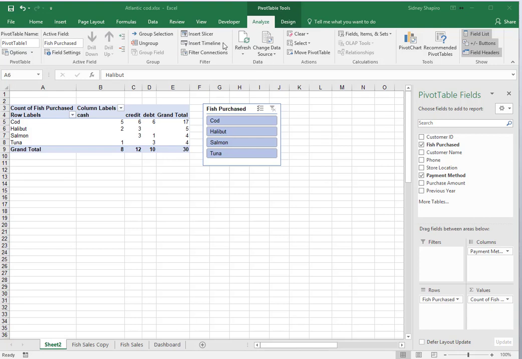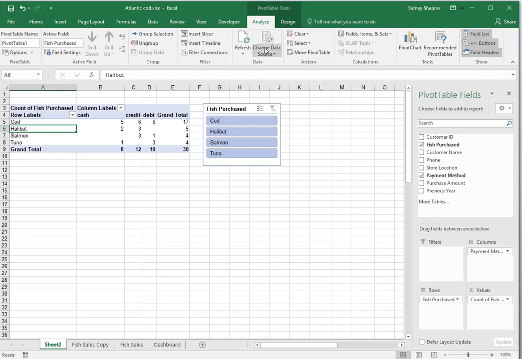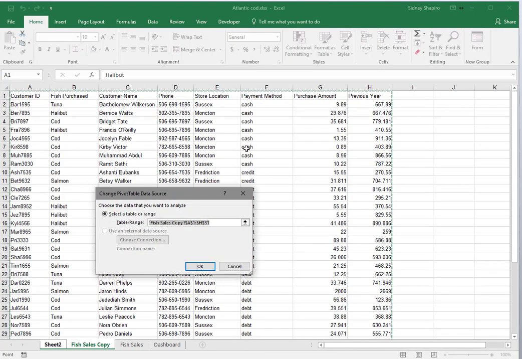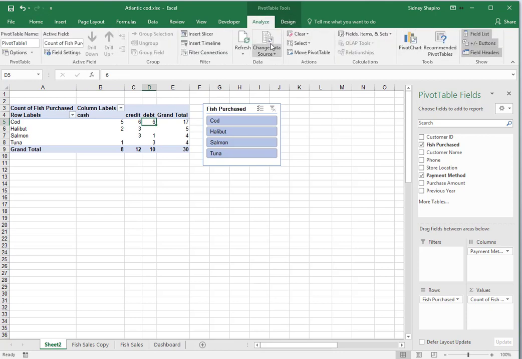Okay, a couple other important features. Under Analyze for the pivot table, if you have the pivot table selected, you'll see Refresh. This will allow you to refresh the data if you changed it on the page and it doesn't automatically update. We could also click on Choose Source Data and change the source if we want to change the location or size of the table. For example, if we add more rows, then we'd go up here